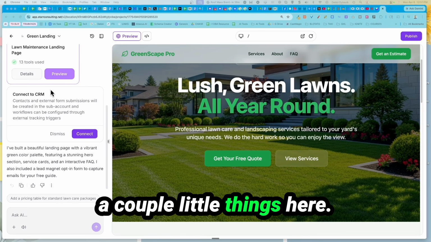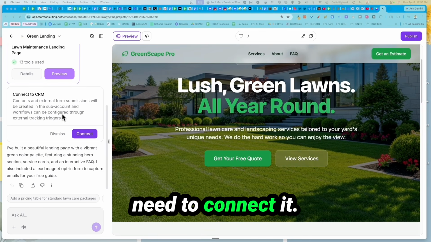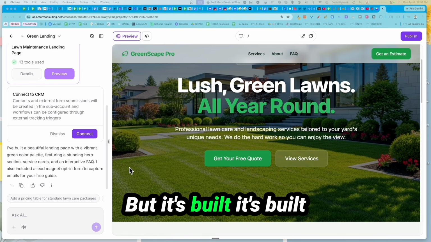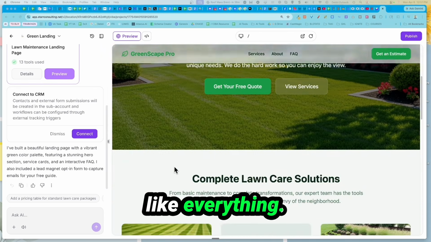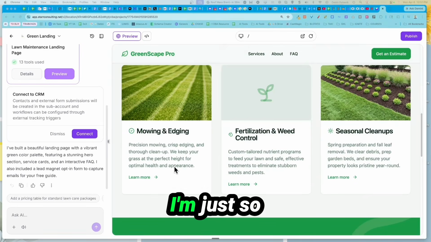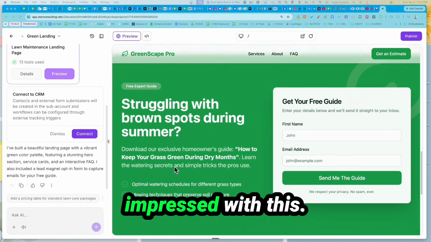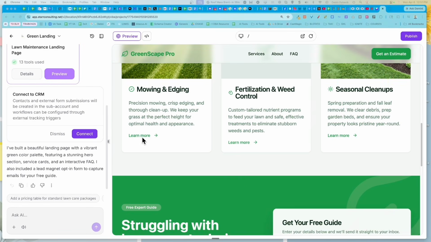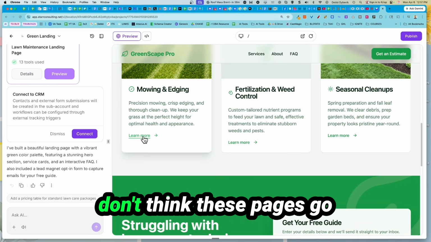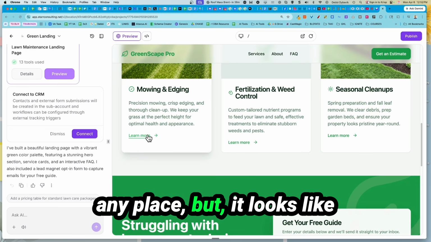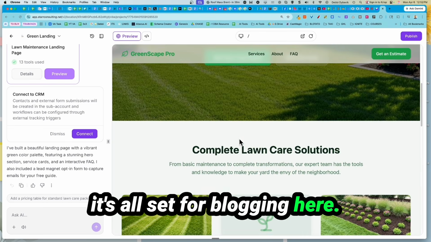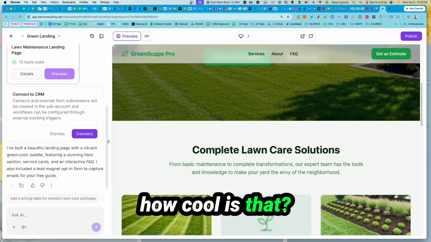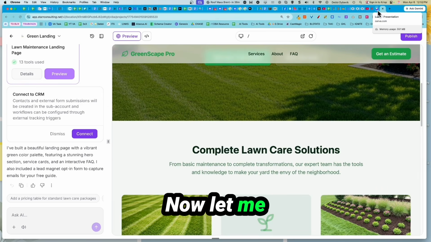Just a couple little things here. We would just need to connect it, but it's built like everything. I'm just so impressed with this, okay? I don't think at this point these pages go anyplace, but it looks like it's all set for blogging here. How cool is that? Now, let me